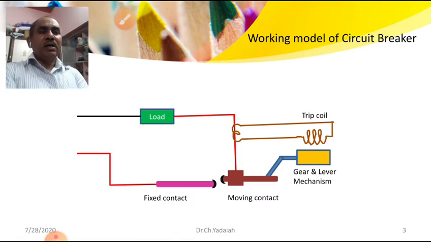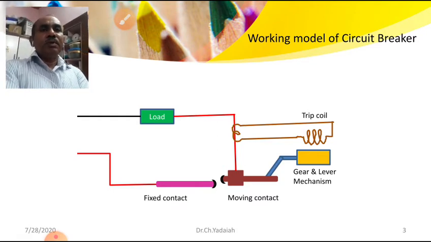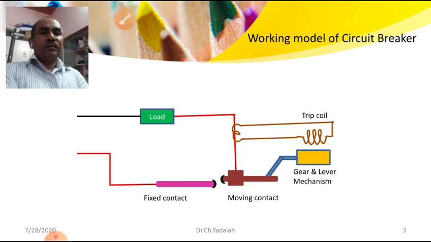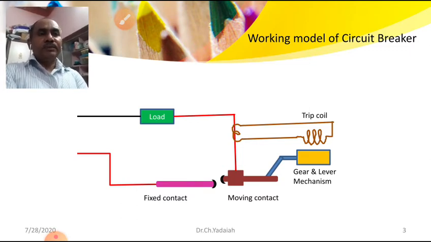This arc has a high temperature that can melt the tips of the two electrodes. You can see the two tips become black in color in this case. That means they become carbonized. So if it is operated continuously, what will happen? The gap between the male and female contact increases. If there is any gap, even under normal conditions, there is a possibility for the arc to develop. That is not something we want in operation.